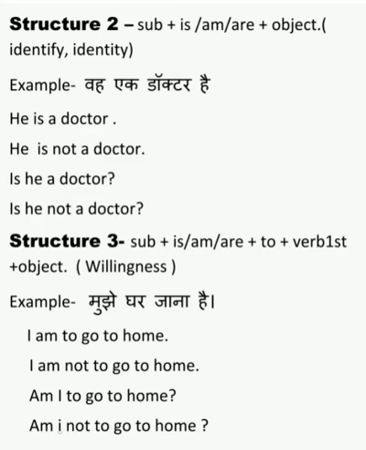According to the structure we will use this: subject, verb and object, and we will make a sentence. See, मुझे, I; out of is, am, are we will use am, and after that to we will put as it is. After that we have verb first form, it will always use verb's first form. So go, and along with go we use to as we have a destination, and after that we'll put the object. So home: I am to go to home.